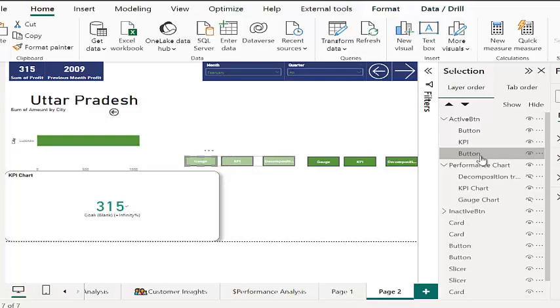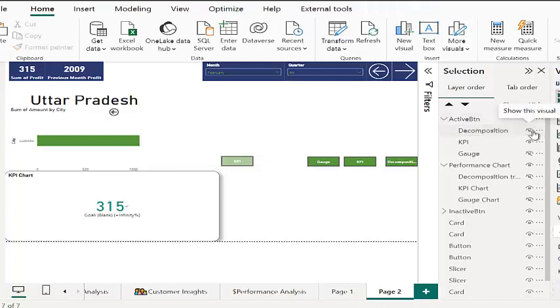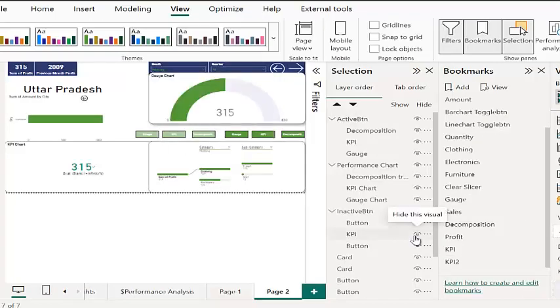So is the gauge. Double click on that and type the gauge. So when I click on the gauge chart, whichever way you want to call it,